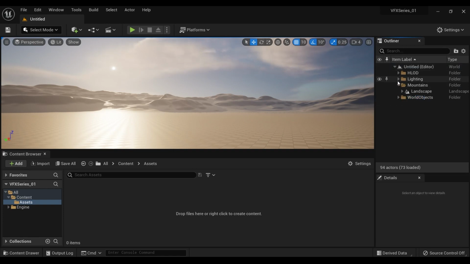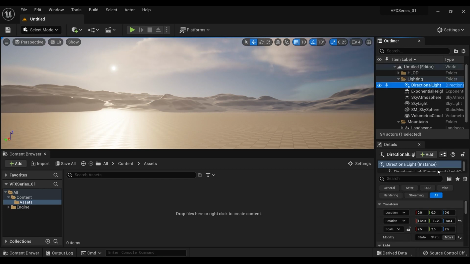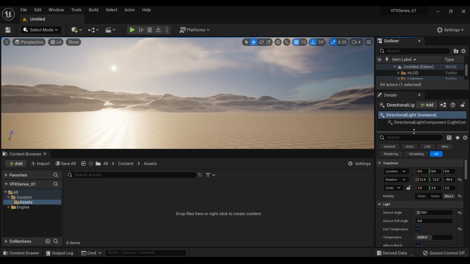Now we are done with the outliner, we come down to the details panel. The details panel is basically the properties of the items that are already within the scene. For example, if I select the directional light, you're now able to see all the different properties of the directional light. For example, its location, its rotation, as well as scaling,